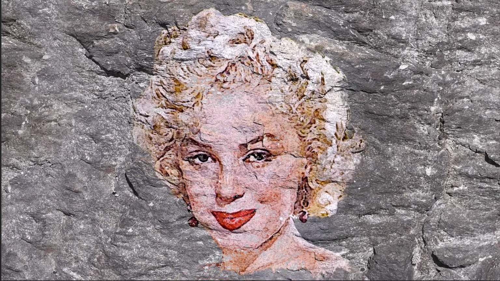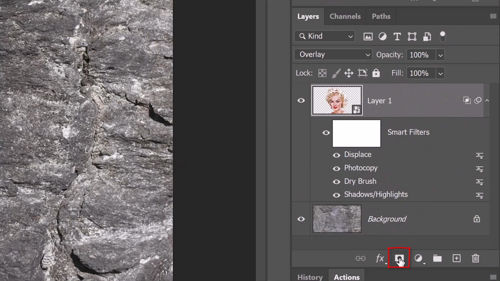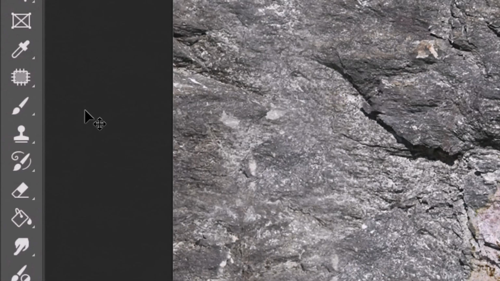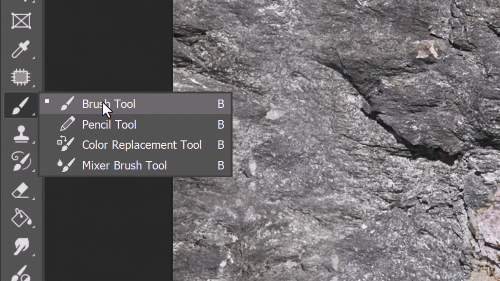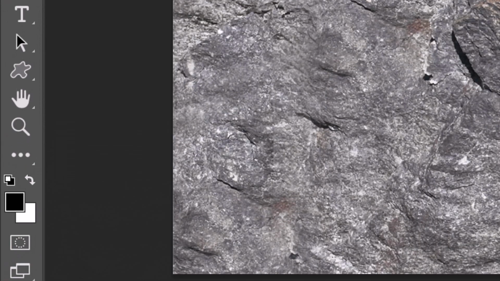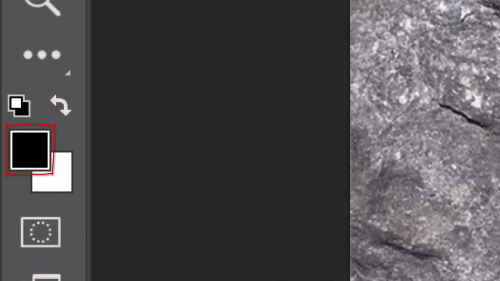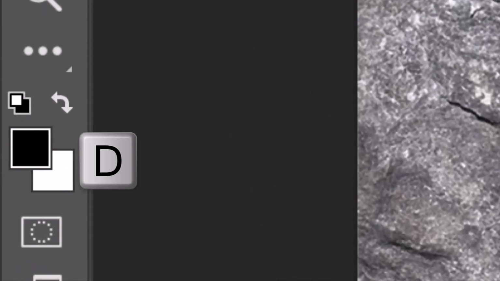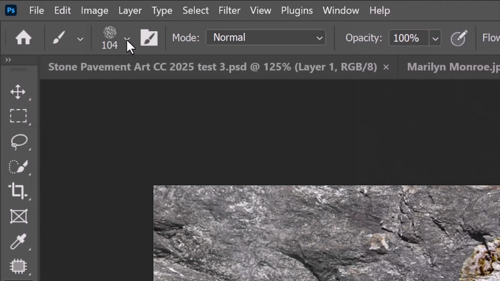Next, we'll brush out areas of our subject to blend it in better with the stone background. Click the Layer Mask icon to make a layer mask next to your subject. Open the Brush tool and make sure black is your foreground color. If it isn't, press D on your keyboard. Open your brush picker